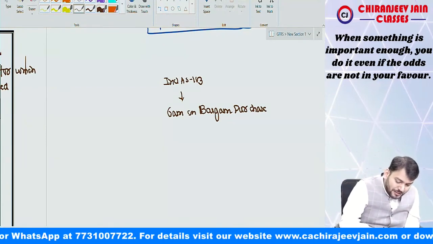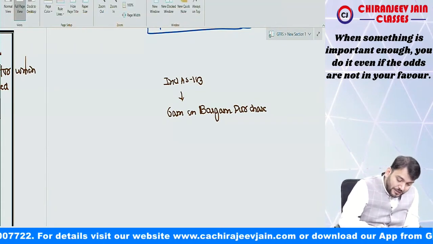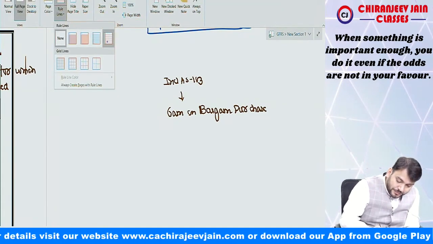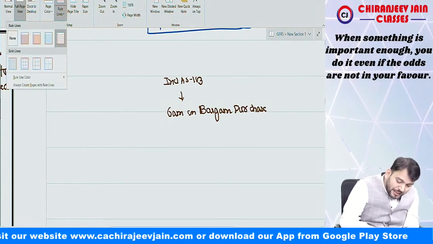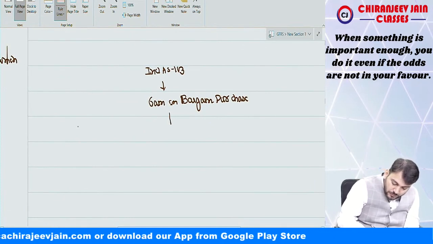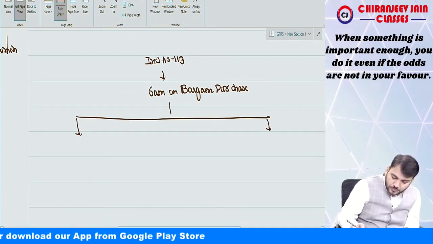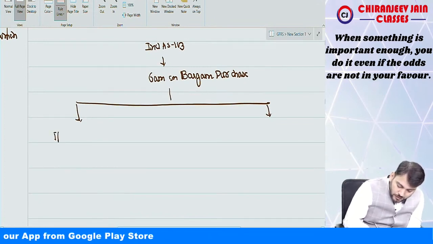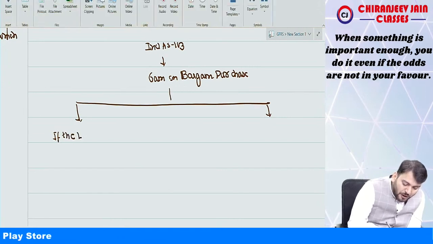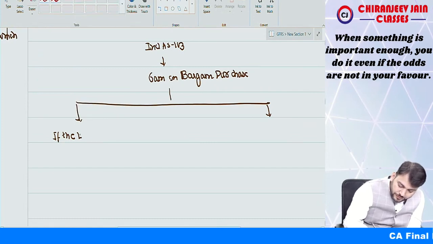So I am not explaining how to calculate gain on bargain purchase, correct na? Yes sir. So whenever there is a gain on bargain purchase, there can be two situations. If there is evidence for gain,